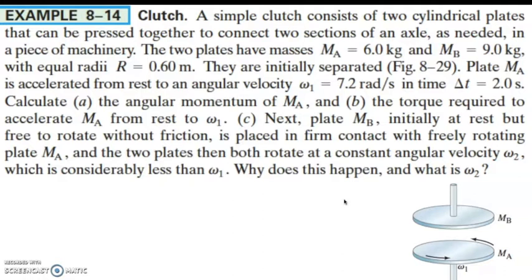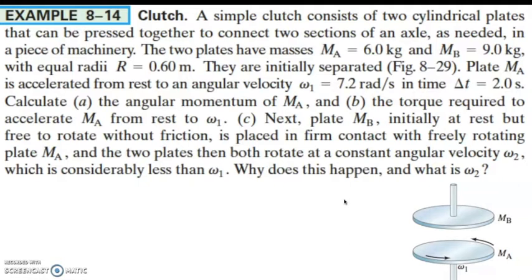They are initially separated, as you can see in the diagram. Plate A is accelerated from rest to a velocity of 7.2 radians per second in 2 seconds. We want to find the angular momentum of A, and b, the torque required to accelerate A from rest to 7.2,